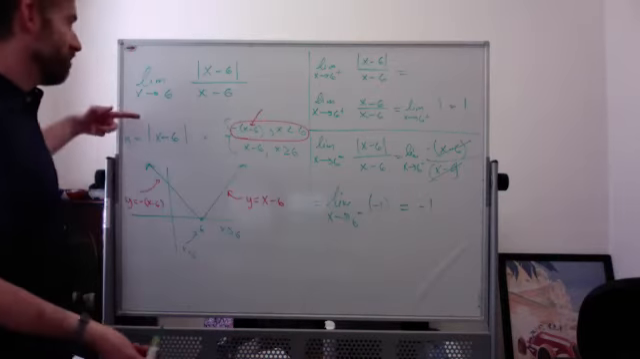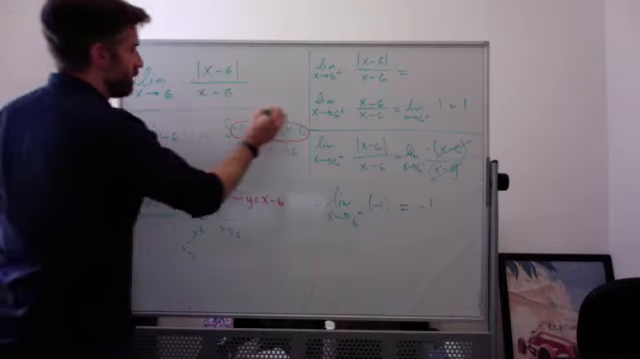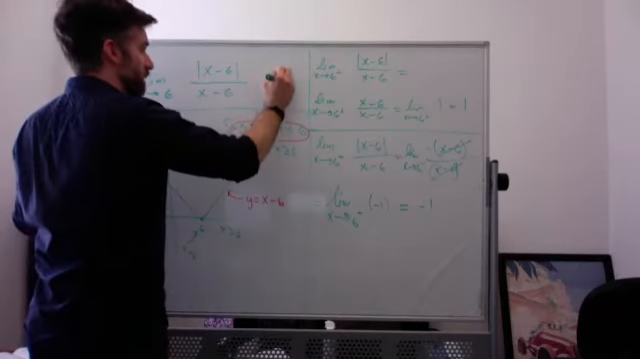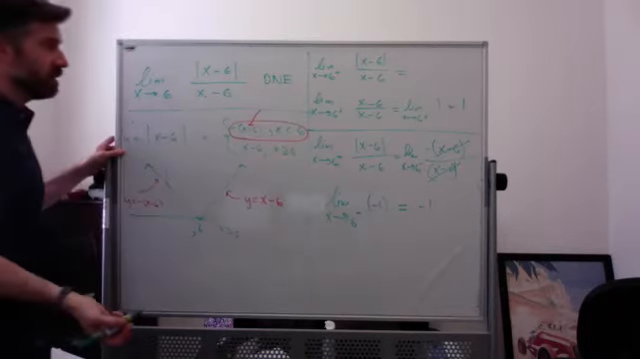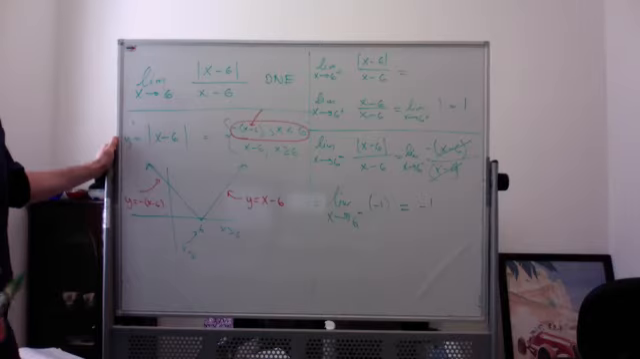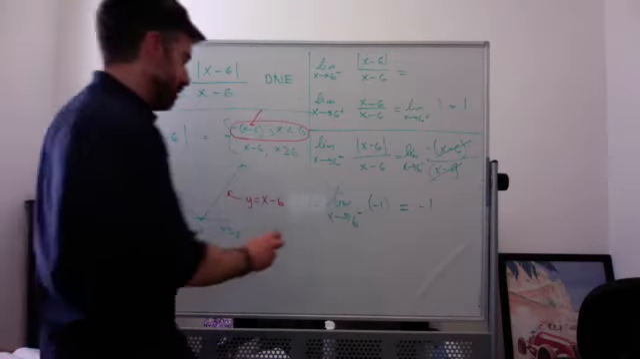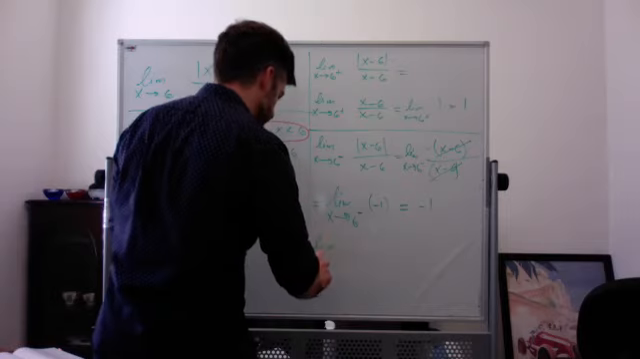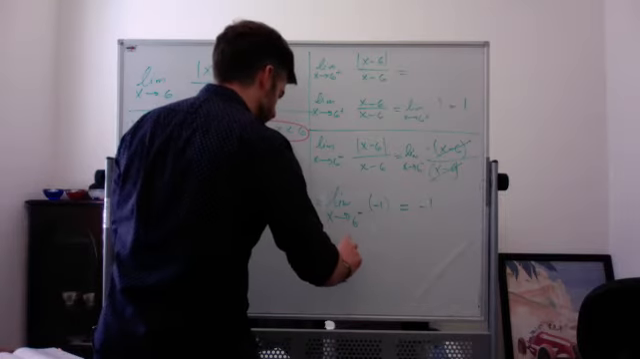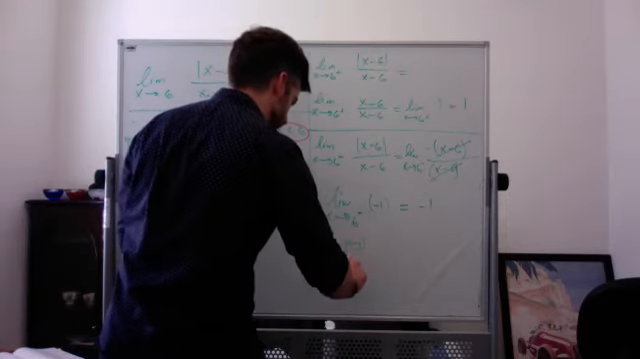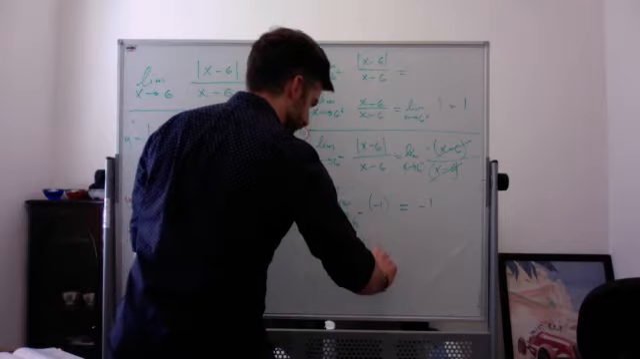The overall answer to my question is that this limit does not exist, exactly because the limit from the left and the limit from the right are not equal, right? So we say that the limit as x approaches 6 of the absolute value of x minus 6 over x minus 6 does not exist